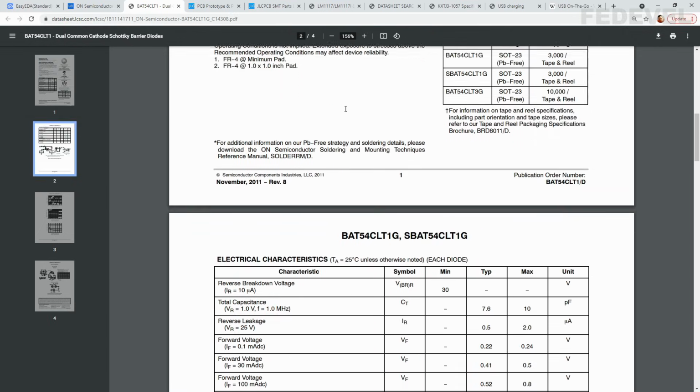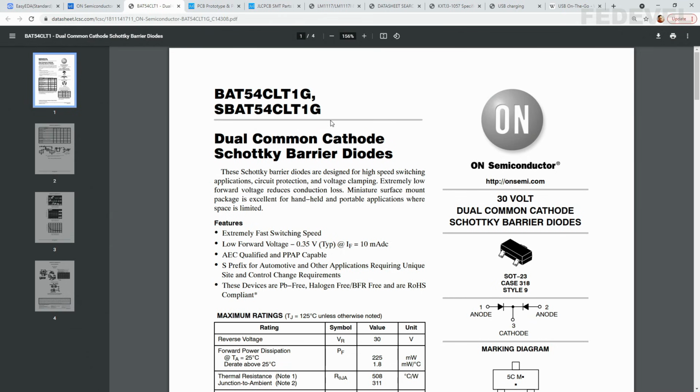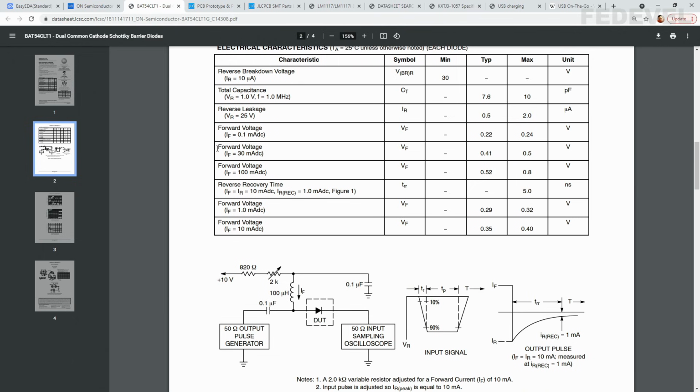And also you would like to be sure that this forward voltage is as low as possible. That's the reason why we use this Schottky diode, because they usually have lower forward voltage than standard diodes.